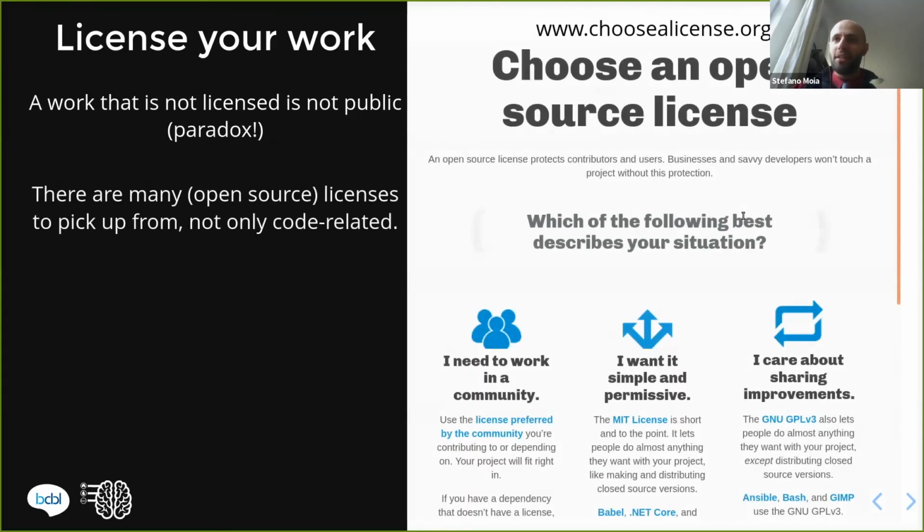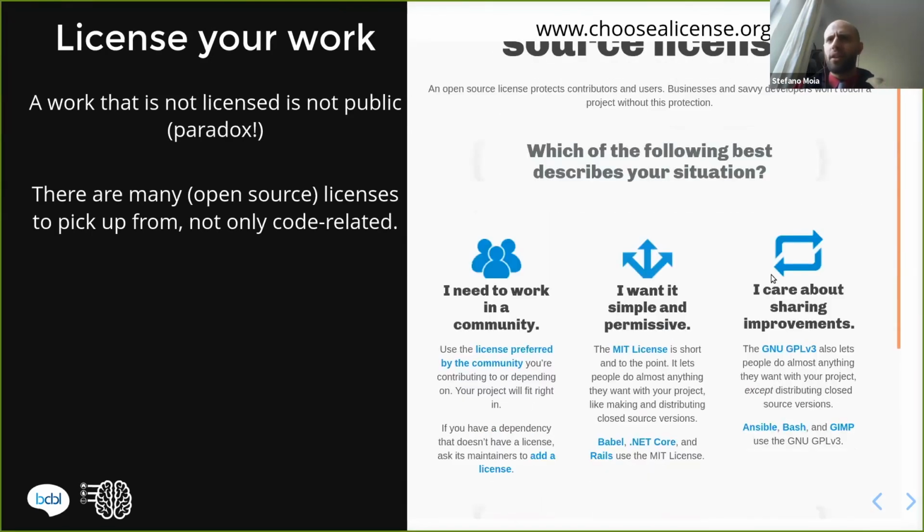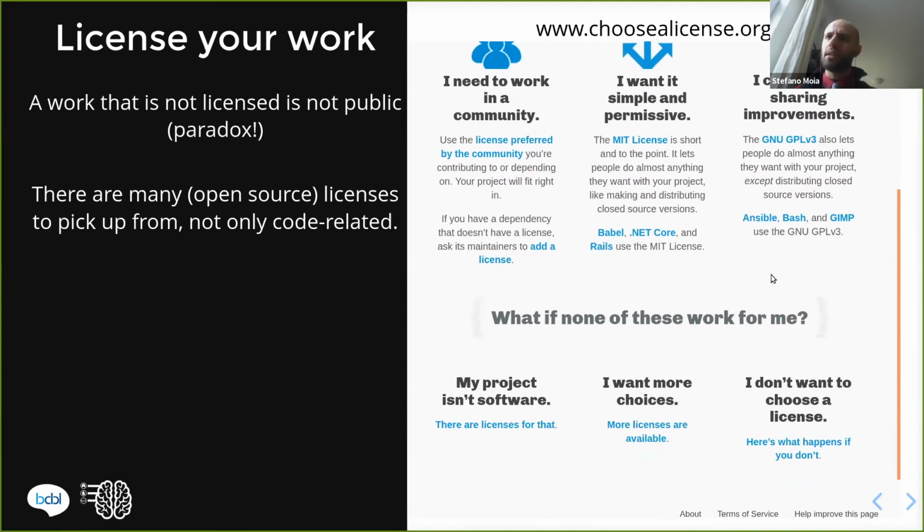So if you're a maintainer, if you have a project and if you want people to adopt it, adopt a license. You might be accustomed to commercial licenses, like copyright. We have an equivalent of that in the open source world. And they're not just for code, there are actually licenses that are open for projects that are not software. But in any case, if you just want to adopt one, there's this website called Choose a License, and you can go there and literally choose a license, so great name,